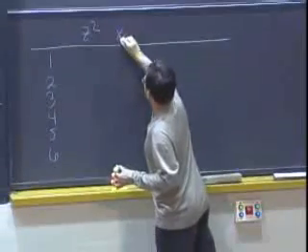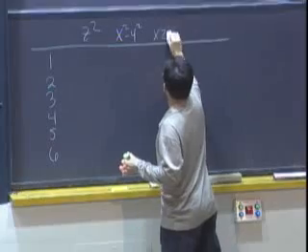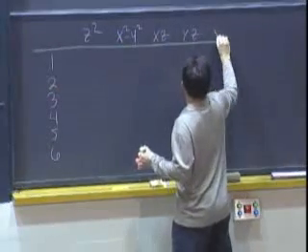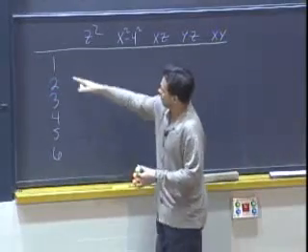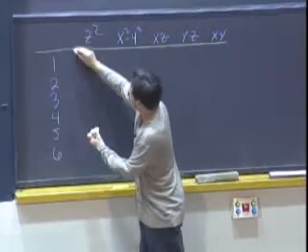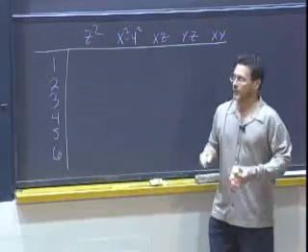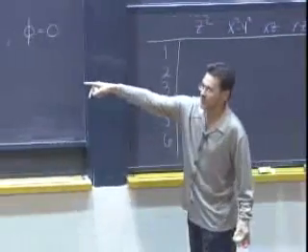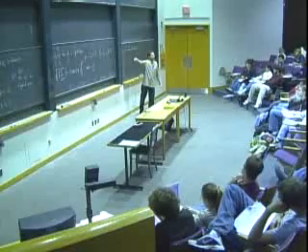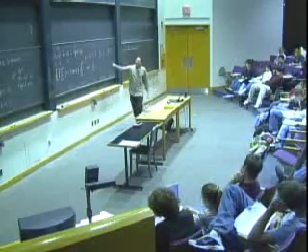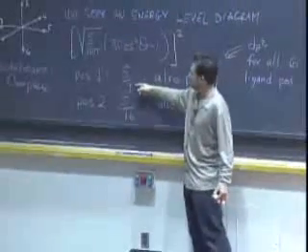dz squared, x squared minus y squared. Let's do xz, yz, and xy. Okay, and here's our ligand positions. And in the table here, we're going to put what these relative evaluated squared wave functions are. And the biggest one of all is this one here that we got at position 1 for dz squared, which